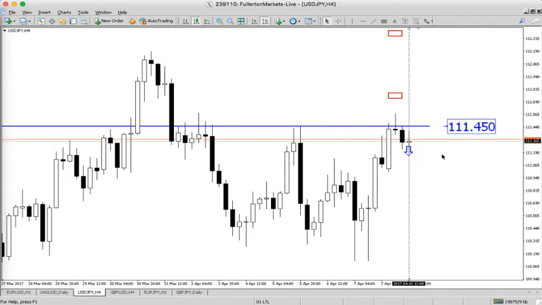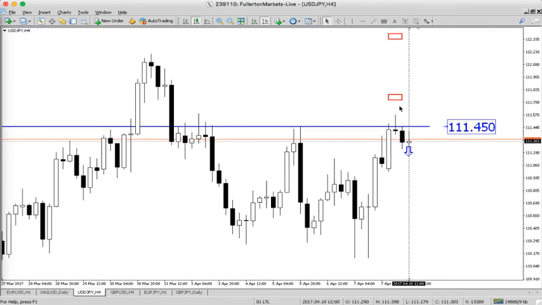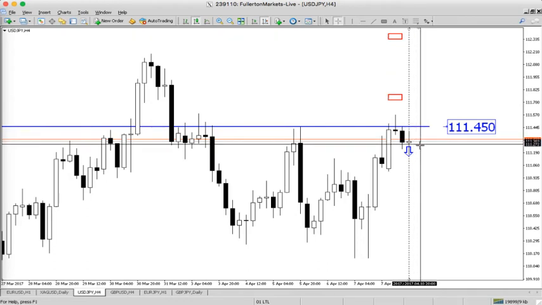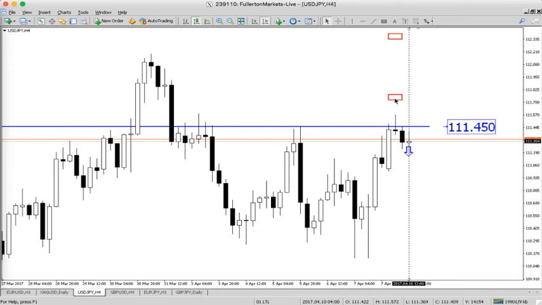So to me, if you ask me, I would prefer in this case a tighter stop loss because the conservative one looks a bit too far-fetched for me. I would rather take a more aggressive stop loss. If I'm wrong, I get out and I will look for the next trade. So that would be my choice of a tighter stop loss over here, and my profit target would be